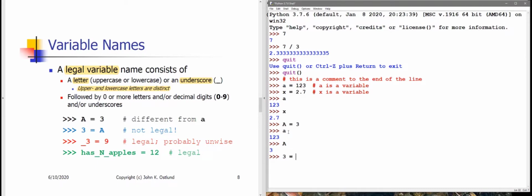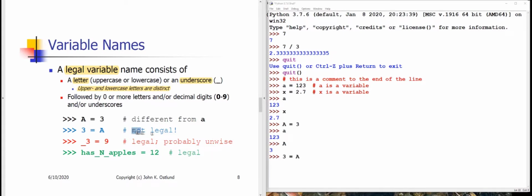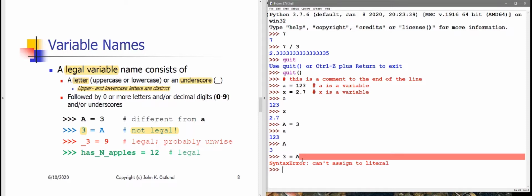Now, if I say 3 gets a, in this particular case, this is not legal because 3 is neither a letter nor an underscore. And it's a good thing, actually, that I can't modify the integer value 3 to be something other than 3. Okay, so it's good that that is going to give me an error. Now, if I say underscore 3, on the other hand,